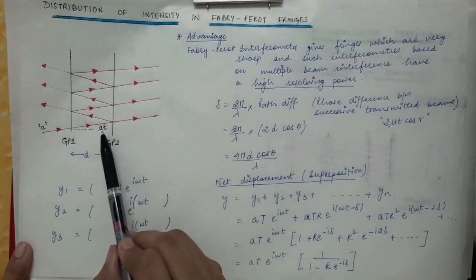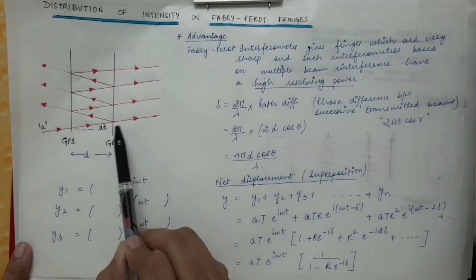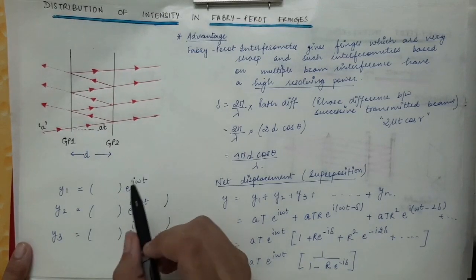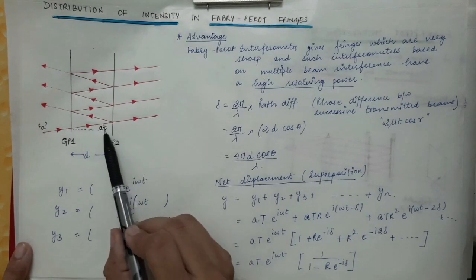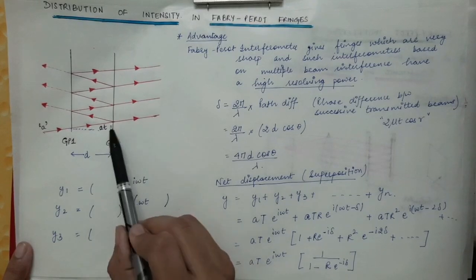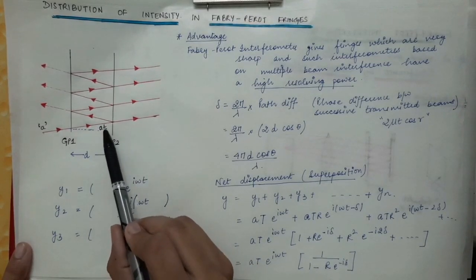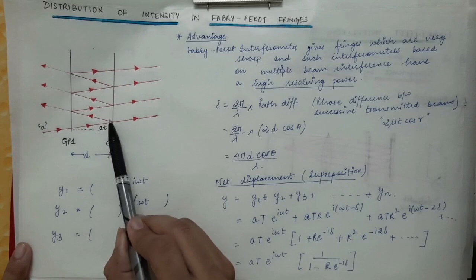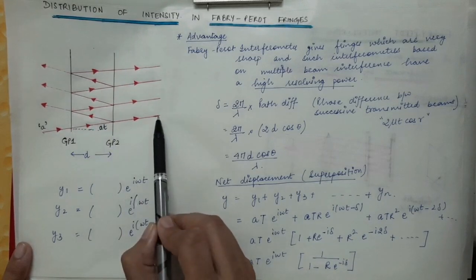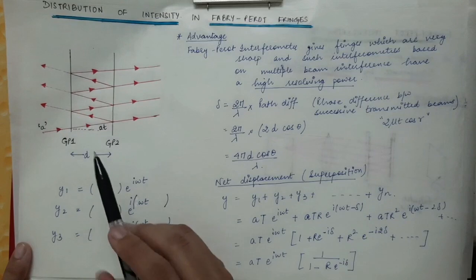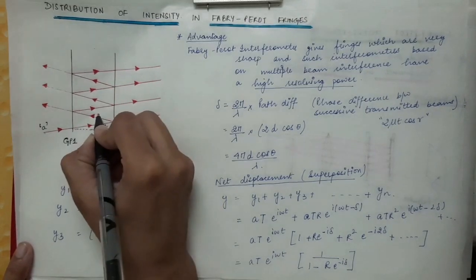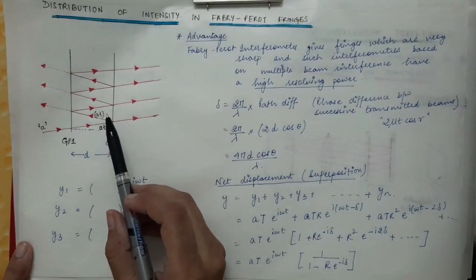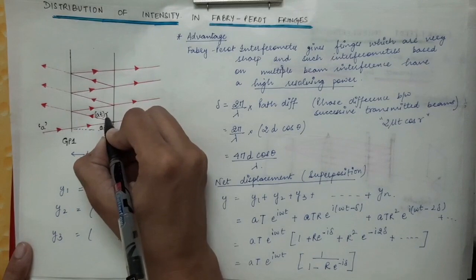So at this point, this ray will again get transmitted and reflected. This transmitted ray will have another transmission coefficient, and that will be T prime. So this will be the incident ray. Now this amplitude AT will be divided into a reflected ray as well as a transmitted ray. The reflected ray will have an amplitude of A into T, it will remain as it is, times the reflection amplitude coefficient, that is times R.